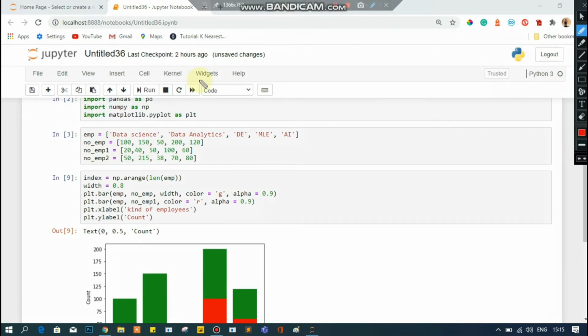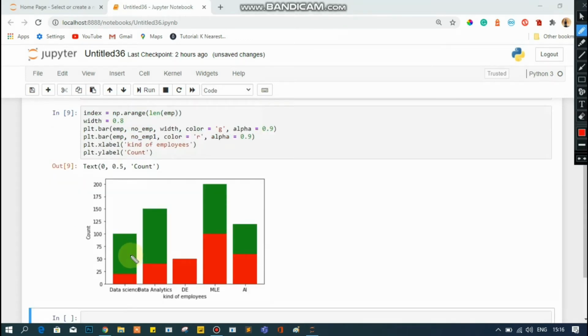If you notice the second employee count here, for data science it's 20. Here you can see that for data science it is around 20.